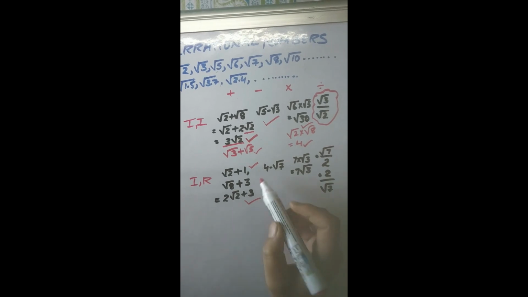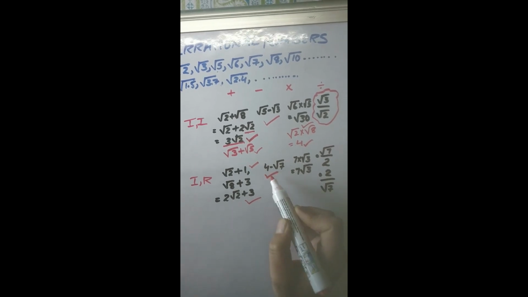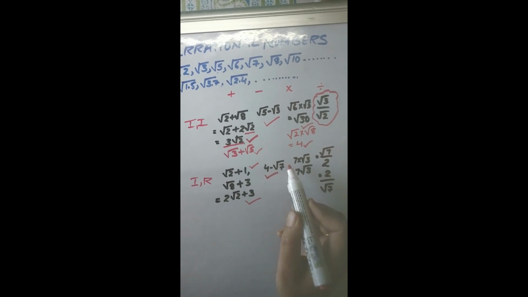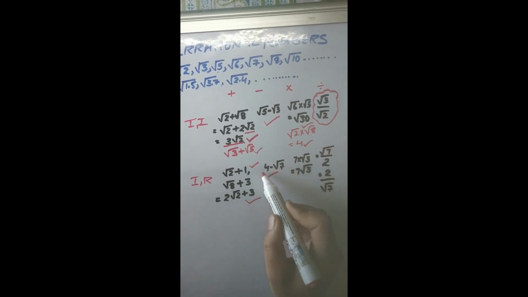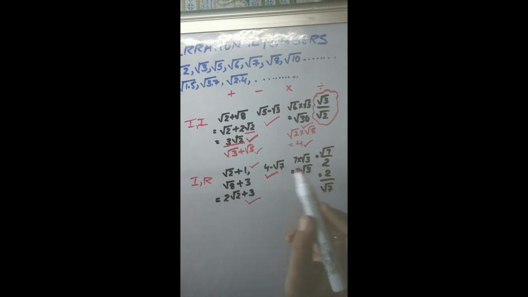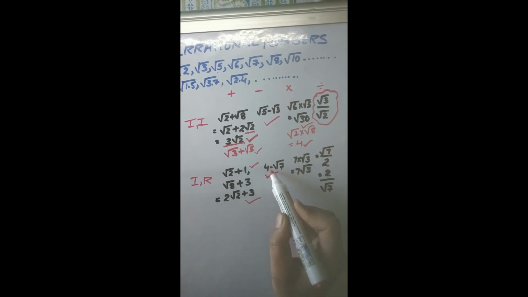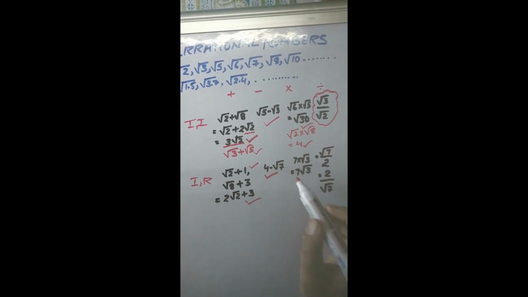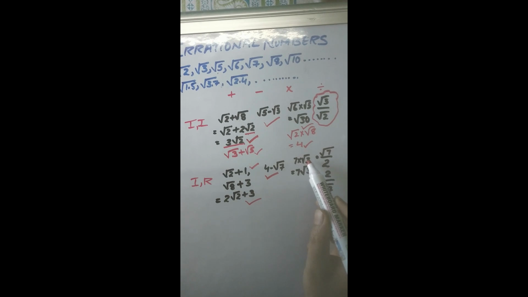We can locate it. Similarly, 4 minus root 7 can be located. First, we have to go 4 units on the number line towards the positive direction of the x-axis, as 4 is positive. Then from there, we have to move backwards. Minus root 7 means moving backwards. So we can locate it. Similarly, 7 times root 3 can be located. We have to find root 3, and go 7 times on the number line.